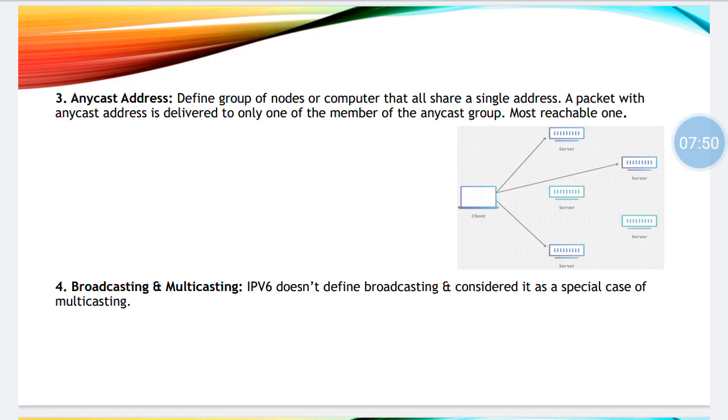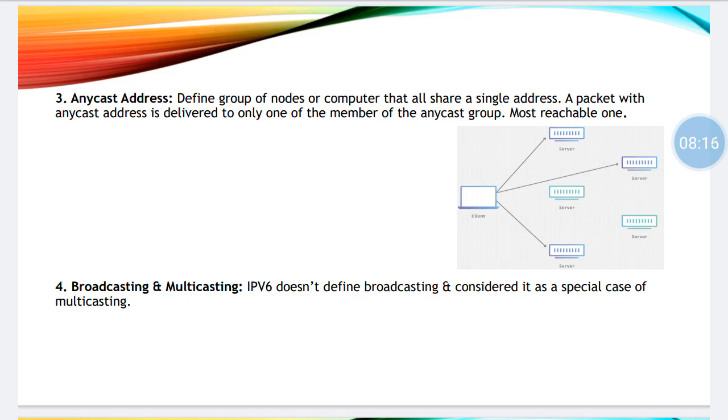For example, 4 devices have the same anycast address. They are eligible to receive a packet from sender A, but among those 4 devices, the one which is the nearest, sender A will send the packet to that nearest device. So anycast address is used when time constraint is a concern. I hope the points are clear.